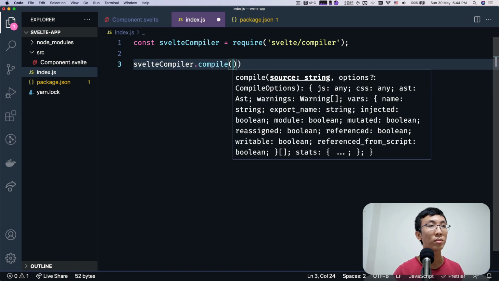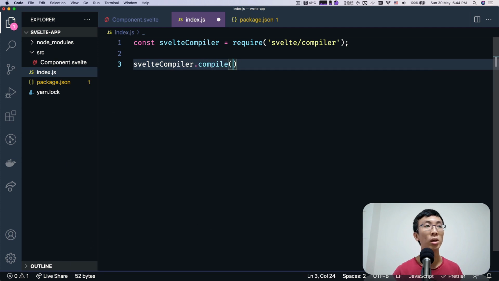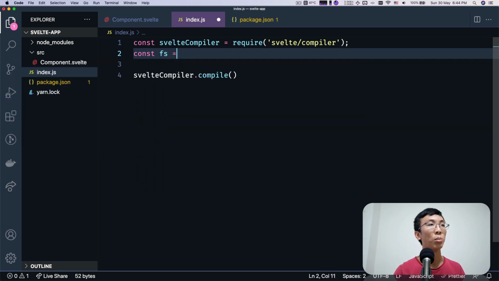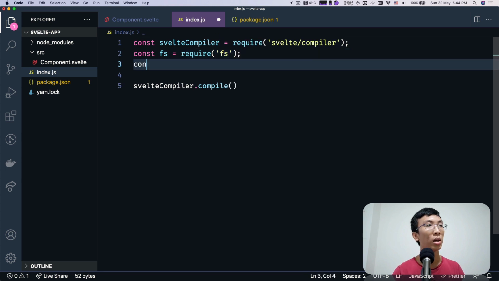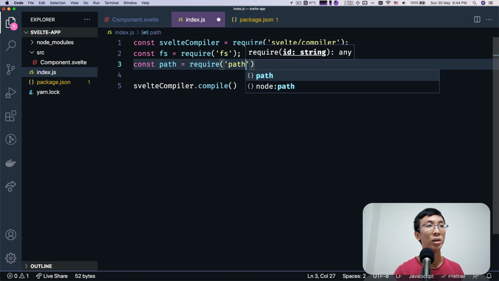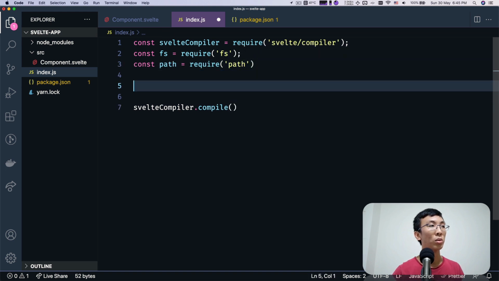So first I'm going to call svelte compiler.compile, and we need to pass in the code. First we need to read our code, so we're going to import fs from the Node API, as well as path, so that we can read out the path. Our source code would be here. Path to component is path.join.